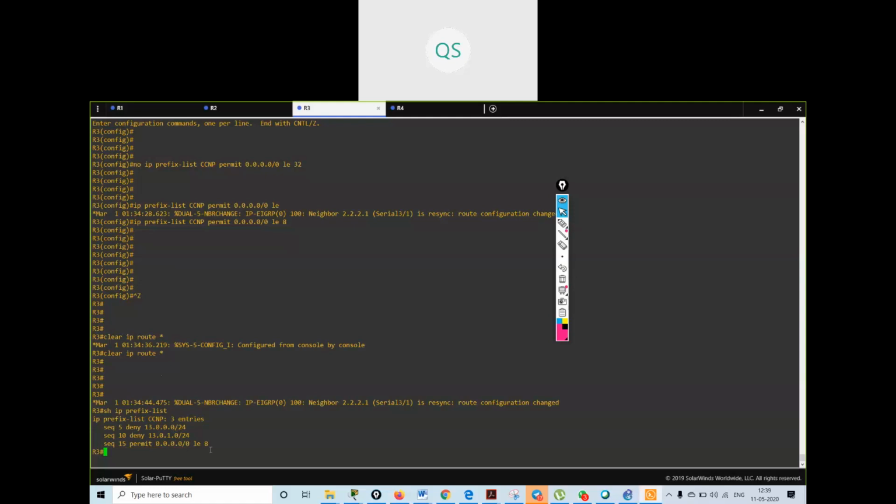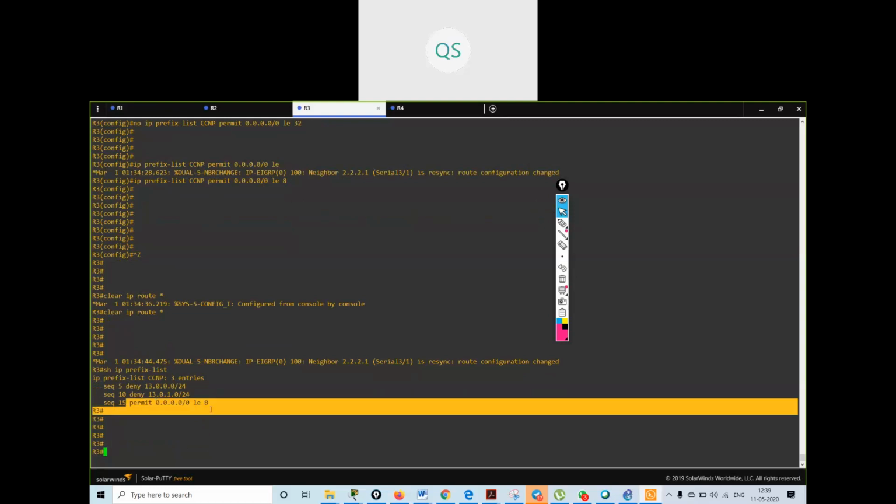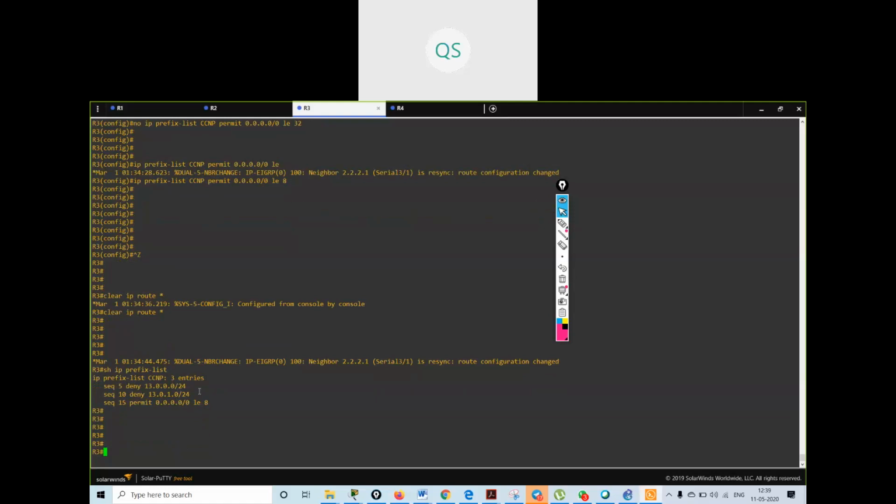Understood? Yeah. Prefix list. So, like access list, we need a permit statement, the final statement at the bottom. The thing is same. You have to give the permit statement at the bottom only. If you give the permit statement at the top, it will go through the statements in sequence first. See, it also has sequence numbers, 5, 10, 15, like access list.